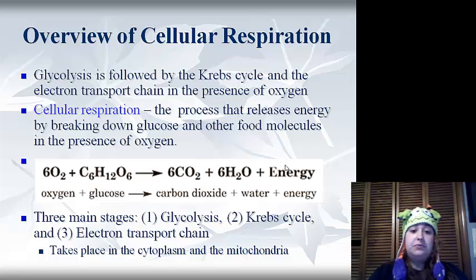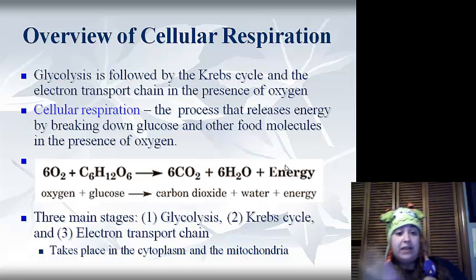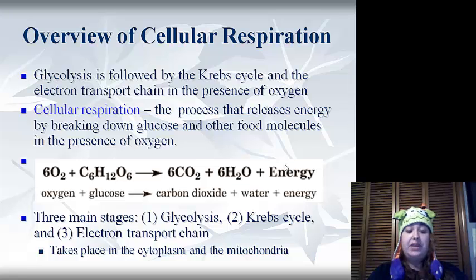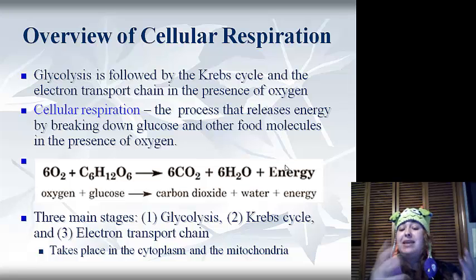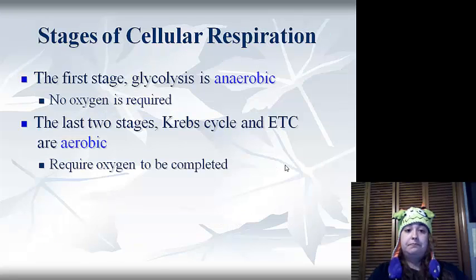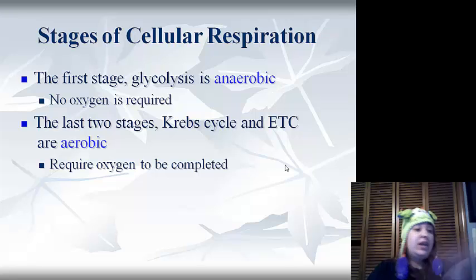3 main stages. We've got glycolysis, the Krebs cycle, and then the electron transport chain. They take place in the cytoplasm and in the mitochondria. So, stages, again, first stage is going to be glycolysis, and it's anaerobic. It does not care if it has oxygen or not, so it can be done in both aerobic or anaerobic, because no oxygen is actually required. Now, the last 2 stages, the Krebs cycle and the electron transport chain, are aerobic, and they require oxygen to